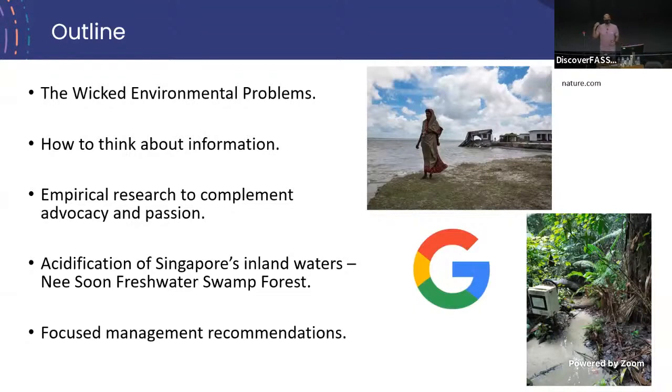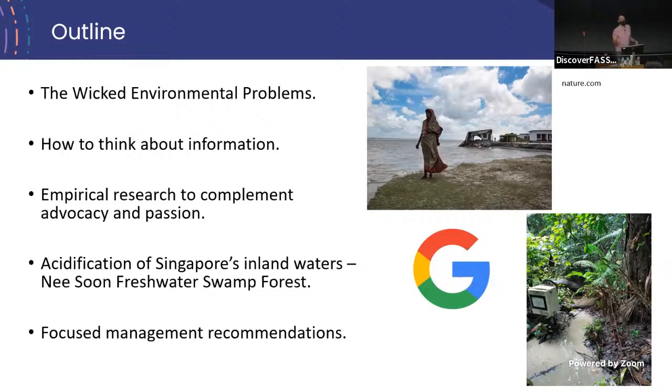When we see a variety of images or hear about these environmental problems or crises, we typically search out information. In one of my methods modules, I encourage students to think critically about information. Where do we get that information? How do we look at it? What can we gather and glean from it? It's not just about numerical data, but also interview transcripts and social sciences, because tackling these environmental problems requires a holistic viewpoint.